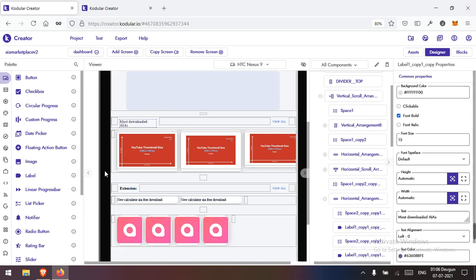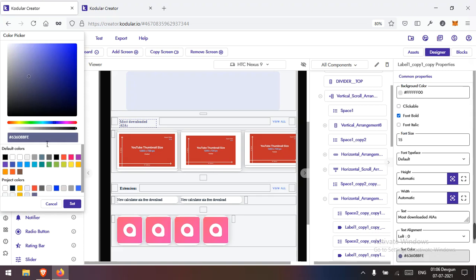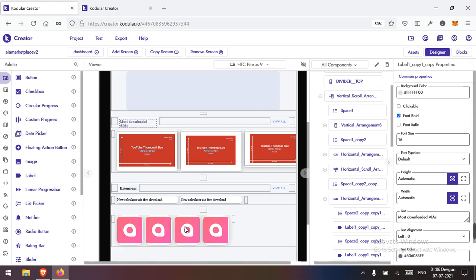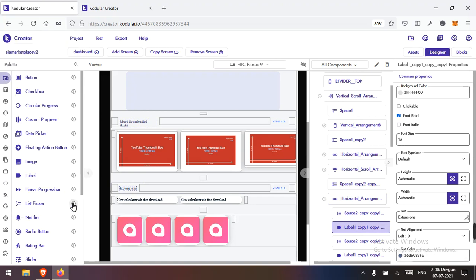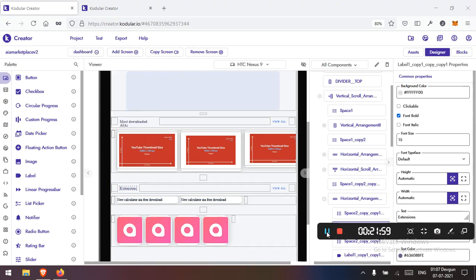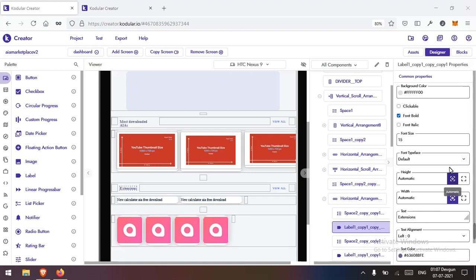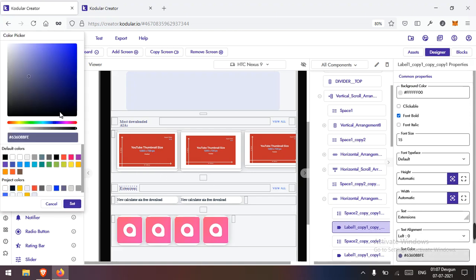So it is loading, and I can see it looks pretty much nice. So I'm going to copy this color and paste that color here. And it looks really better than before, so I will keep this color. But I am thinking to make it more something like this. Let me copy this, and